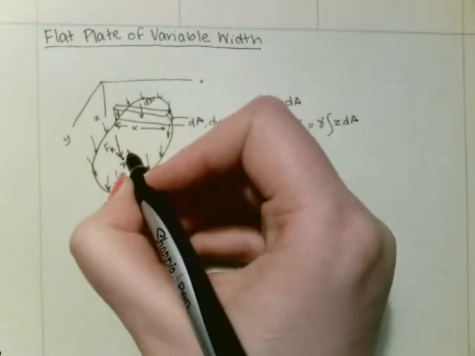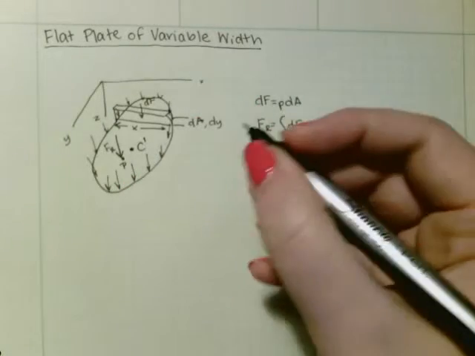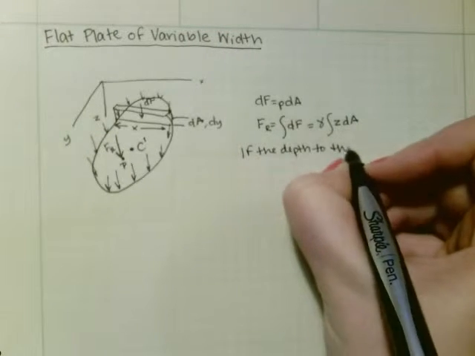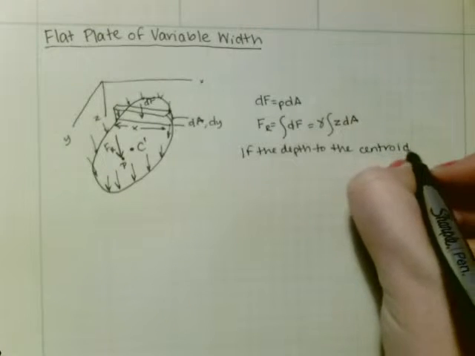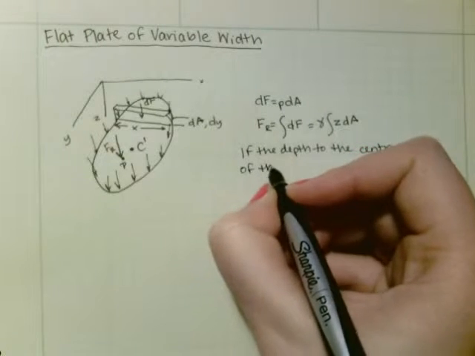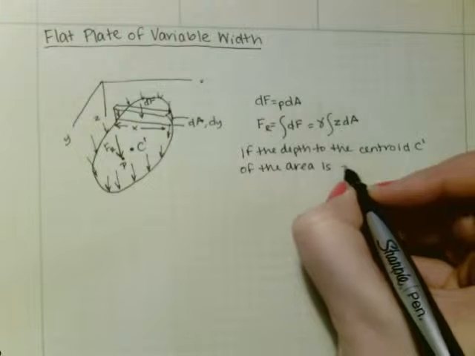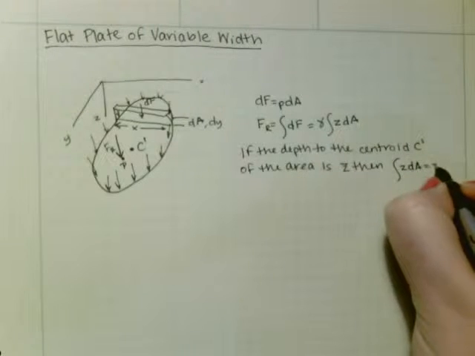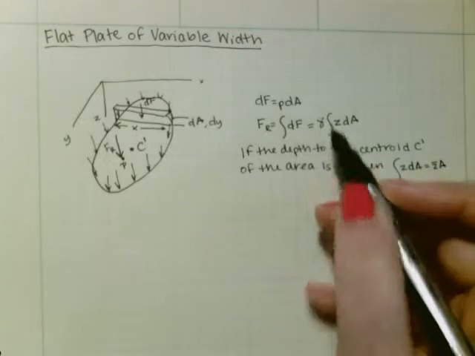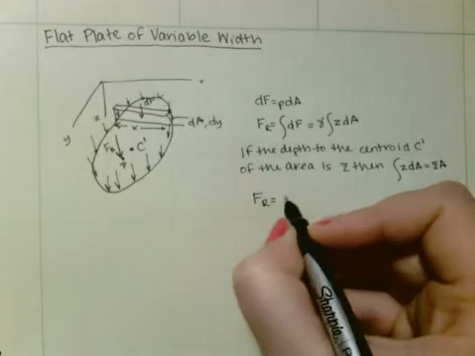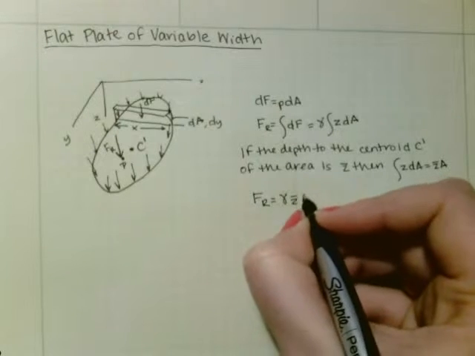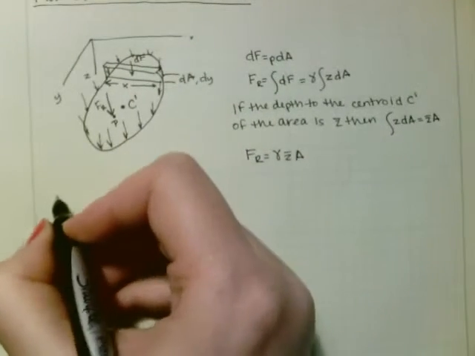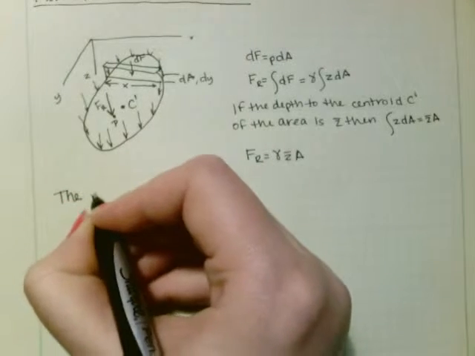And then this plate has a centroid of C prime. So if the depth to the centroid C prime of the area is Z bar, then the integral of Z dA is equal to Z bar A, such that this can be substituted right there, so that your resultant force is just equal to the specific gravity times Z bar A. And this gives us a good simplification. This is the magnitude of the resultant force